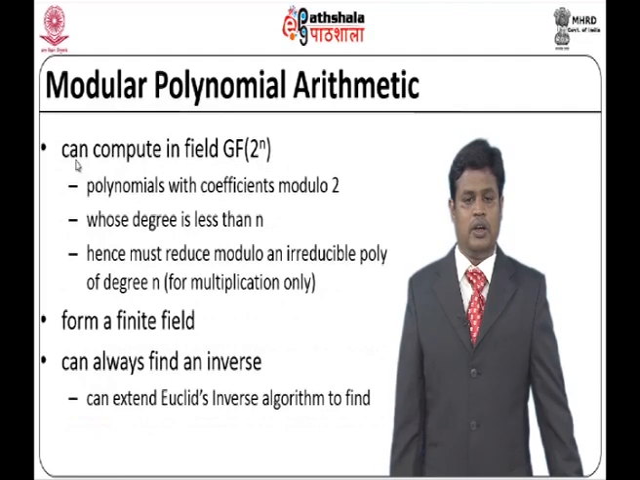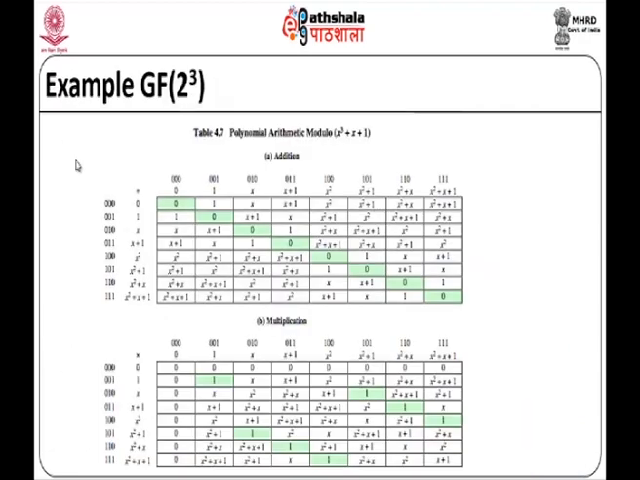In the last session, where we introduced modular polynomial arithmetic, we took the GF of 2 power n, which is the field where we do the computation to form a field, and we can always find an inverse with the help of Euclid's inverse algorithm. So this is an example that we took in the last session. Now when I am going to use this,